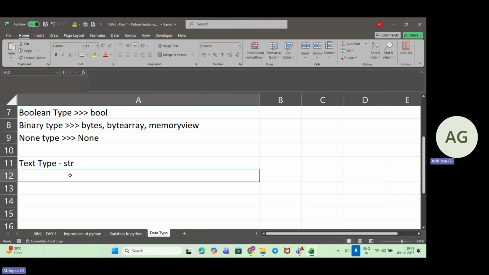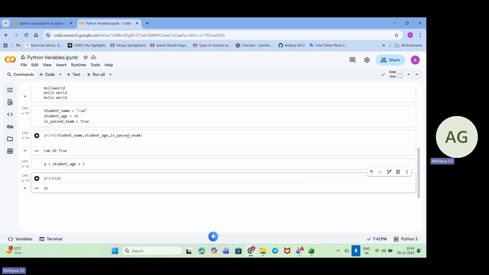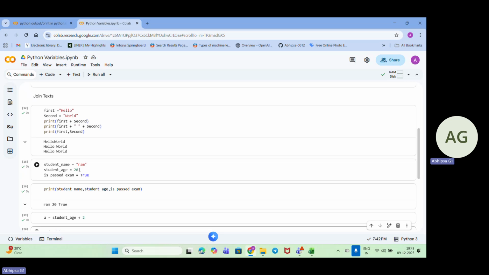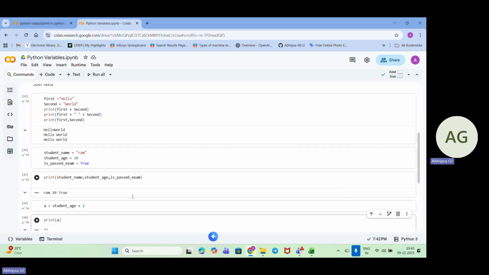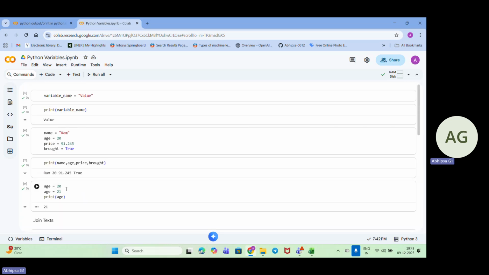Now coming down to the next one, that is the numeric type. In numeric type, we have int. So what is int? Int is usually integer. Okay. So integer, what are integers? These are the whole numbers. Okay, so no decimal points like the age, price that we have discussed. Let's go up. So we have discussed about age equal to 20. If we are putting it like that, so it will be doing all of these operations up here. Age 20 updated to 21. So this all are about the numerical type.